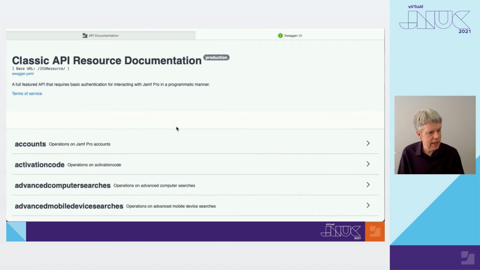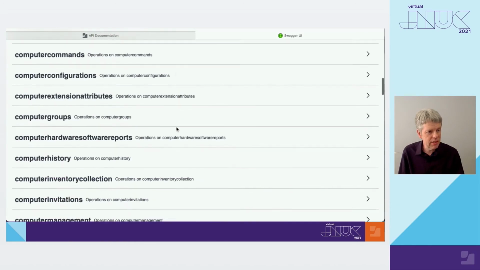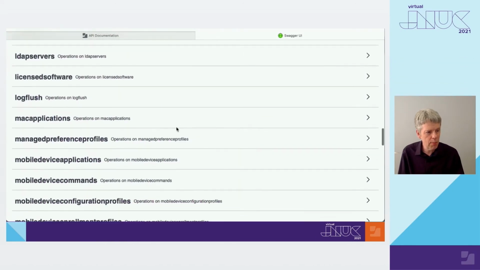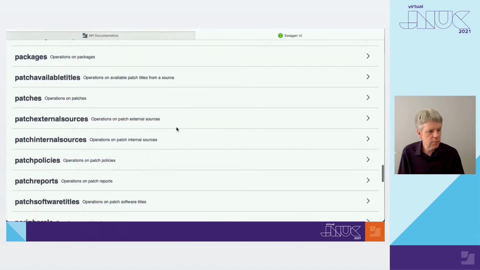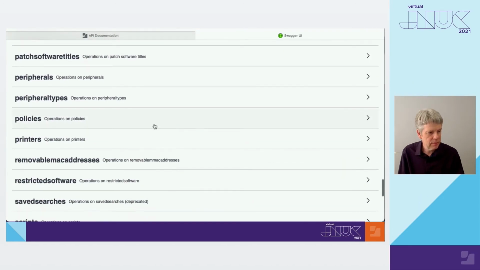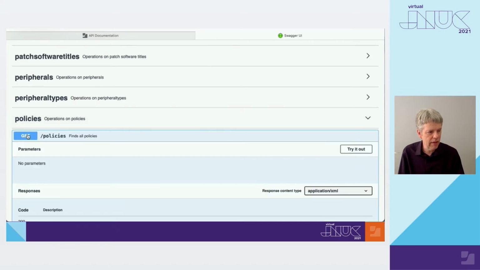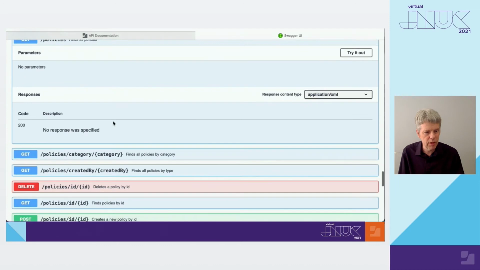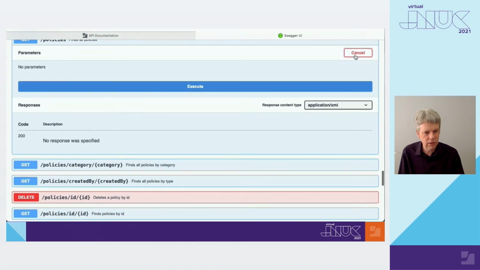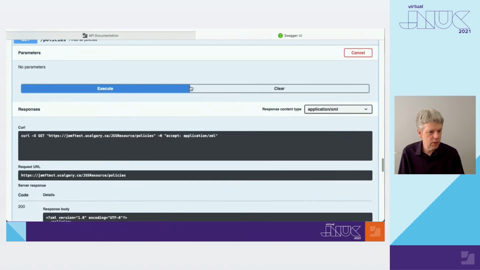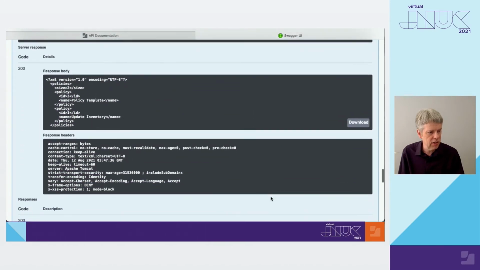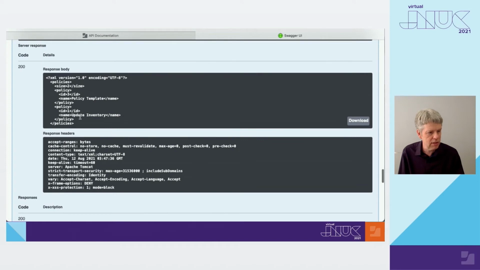So just click on Classic API, and you will see in your browser all sorts of options for the API. We want policies. There we have it. So just click on that, and let's see what policies we have in the repo right now. I have a demo repo that I'm using, so I'm just going to click on Try It Out. There are no parameters. I click on Execute, and it shows the nice commands you'd actually use, and there's the result. I have two policies, and what do you know? There's a policy called Policy Template.